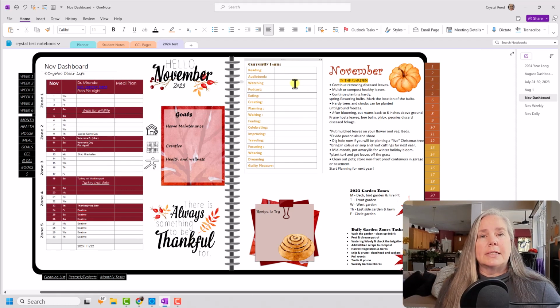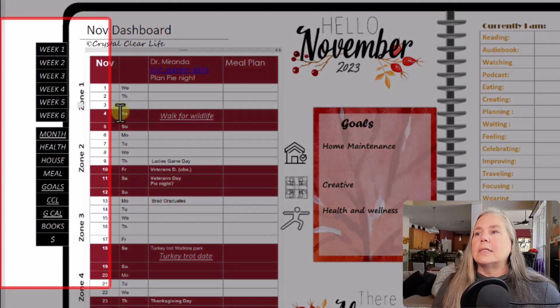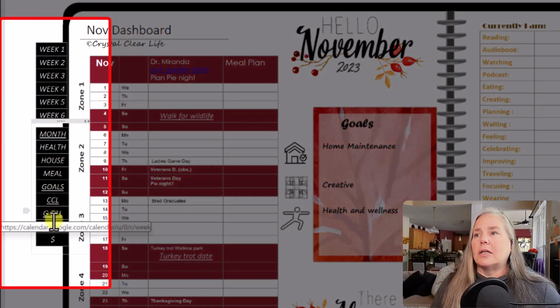I kept my currently section because I liked the way that was working. I kept my calendar for the garden November stuff here on the side. I like that. And then I put my little sticky bun down here for my recipe to try. Okay, now you can see over here on the side that I added a whole bunch